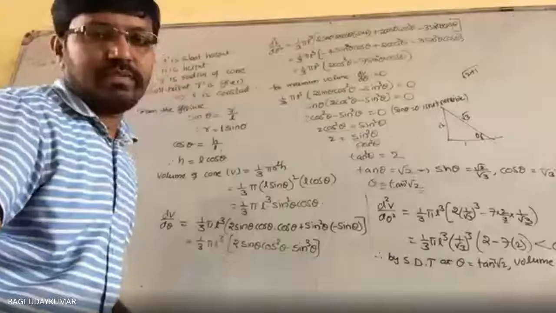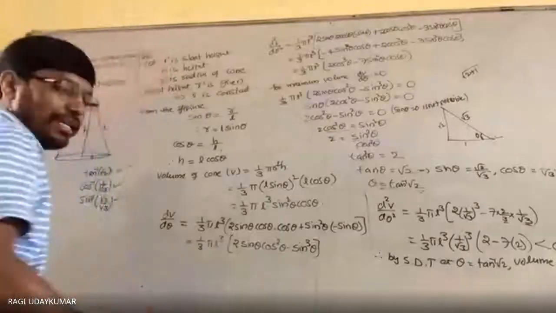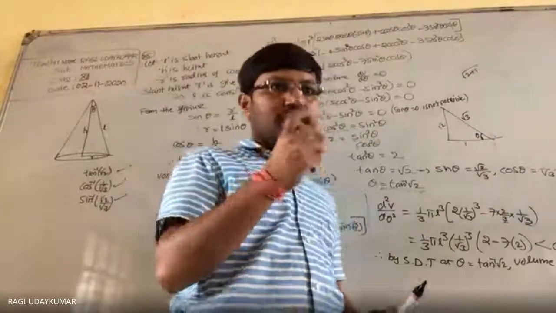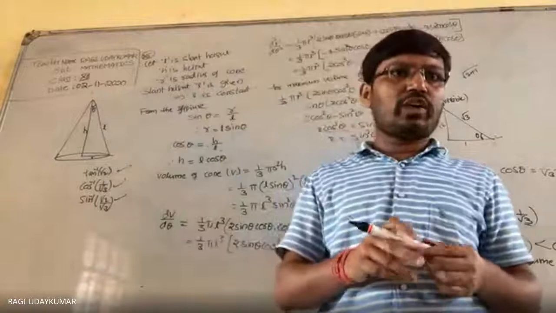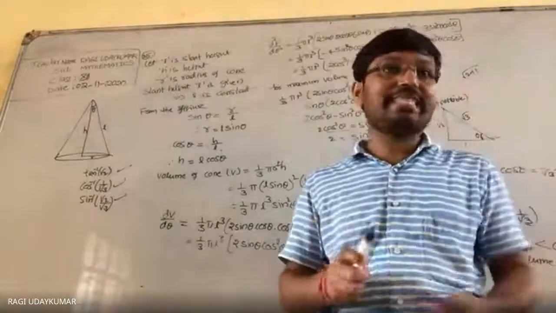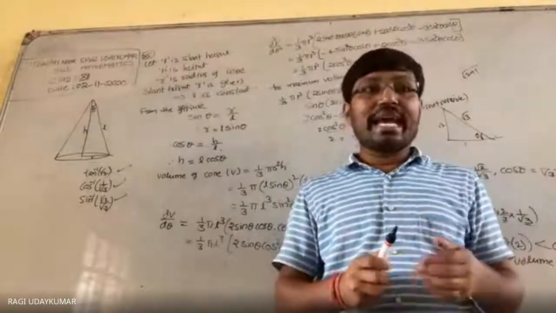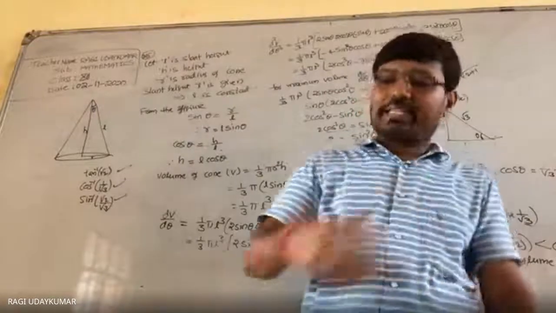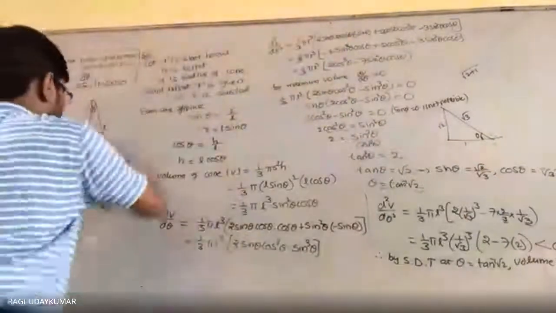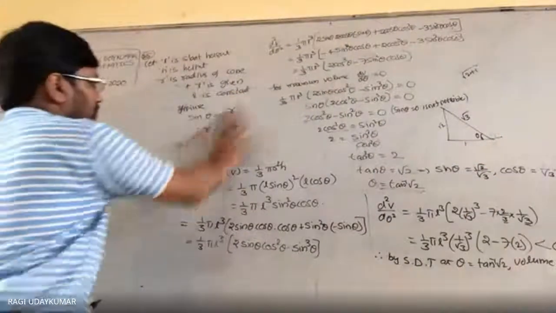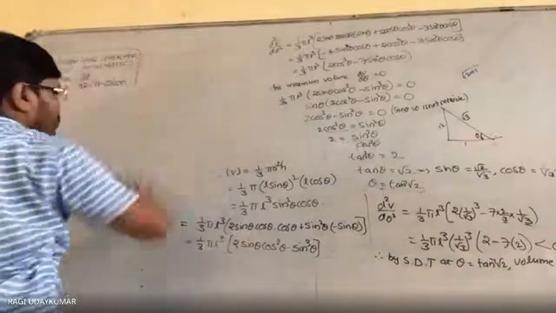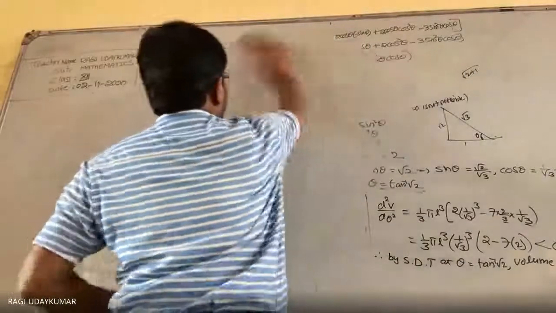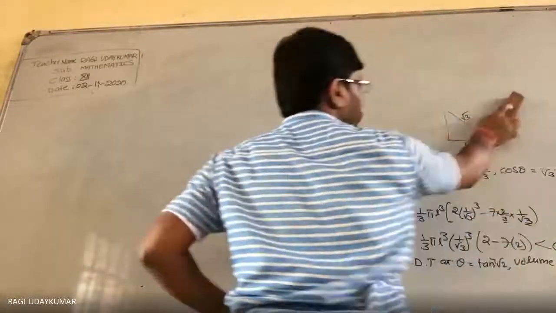26th problem. Will you try yourself? थोड़ा सा वो actually 26th problem में भी आपको square root आ जाएगा. What is the question? Show that the semi-vertical angle of a right circular cone of a given surface area, surface area is given, and maximum value is sin inverse of 1 by 3. Okay, I'll explain to you. Don't worry. Wait for some. Problem explain करता हूँ. With this we are going to conclude the 6th chapter.